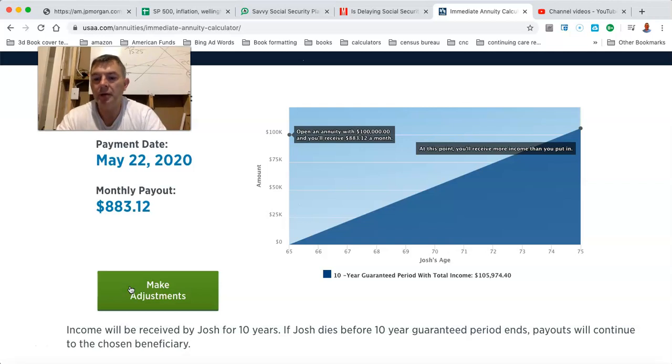Let's do that. $100,000 is the present value. No payments. 120. Oops, we've got to do 10 payments. I'm screwing this up royally. Hold on a sec. I'm trying to figure out what the internal rate of return would be on that. All right, forget that. Second, right there. 12. Enter. All right, there we go.